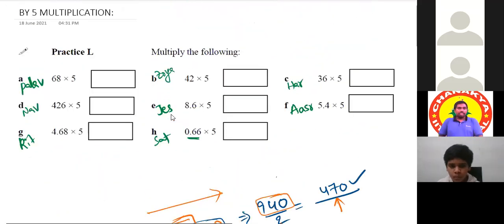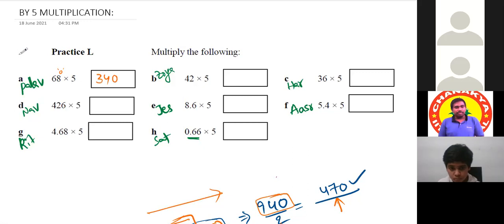Yeah. Now we'll start with Pallav. Pallav, are you clear with the method? Yes, sir, I am clear. Sir, we can take half of 68 as 34. Okay, so we have to add 0 to it, because there is no remainder. Remainder is 0. That's why we are writing 0. That's all. That is the answer.